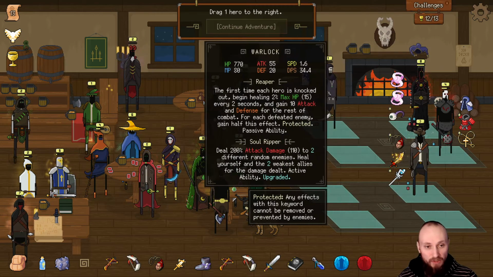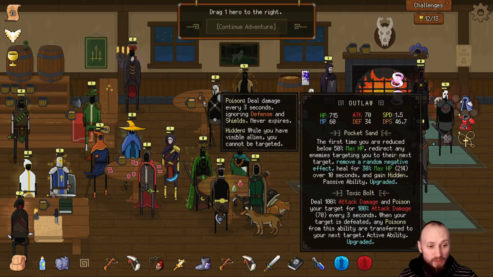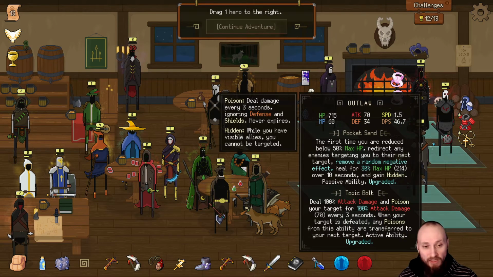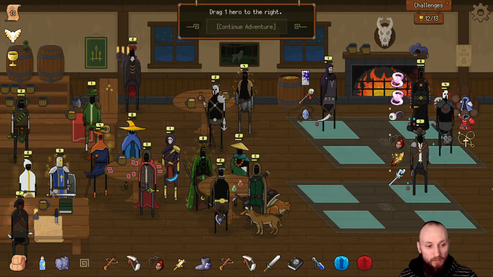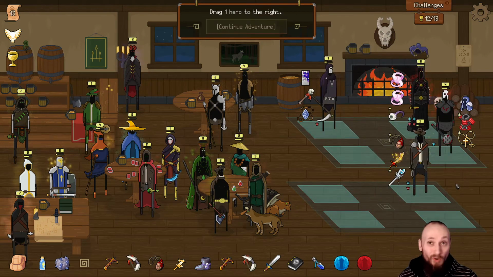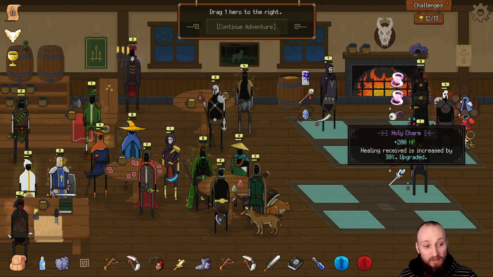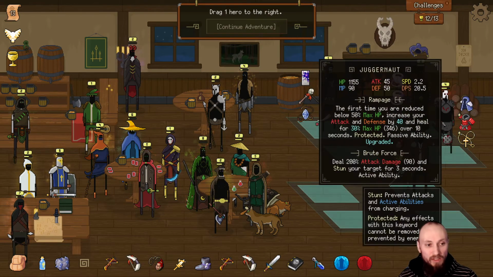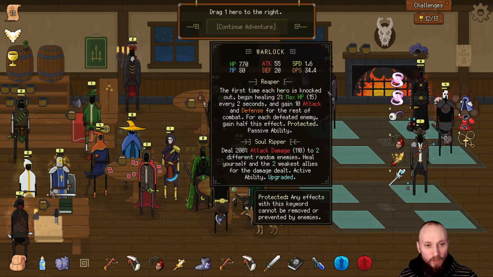We got two healers, the Warlock and the Blood Mage. We got sort of two tanks. The Outlaw is the first tank, who is going to go hidden when he is down to 50% health, which is all fine, especially with this Crystalline Protector on him. Then our secondary tank, the Juggernaut, is more of a main tank. He has the Vampiric Guard and the upgraded Holy Charm,